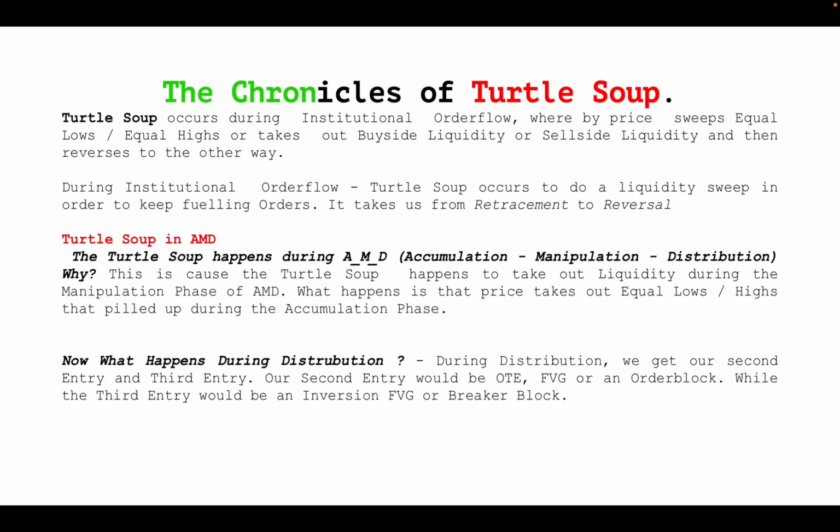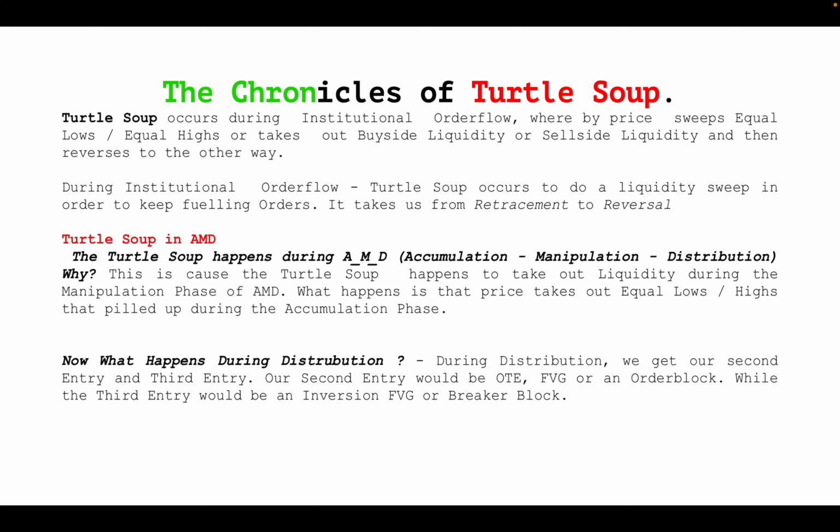So now the turtle soup can be implemented in accumulation, manipulation, distribution (AMD). The turtle soup happens during accumulation, manipulation, and distribution. Why? This is because the turtle soup takes out liquidity during the manipulation phase of AMD. So what I'm saying here is that